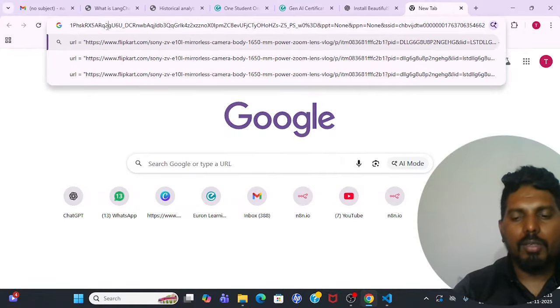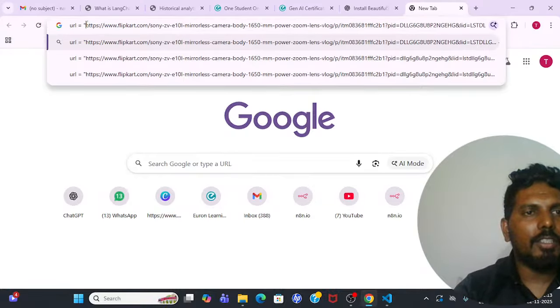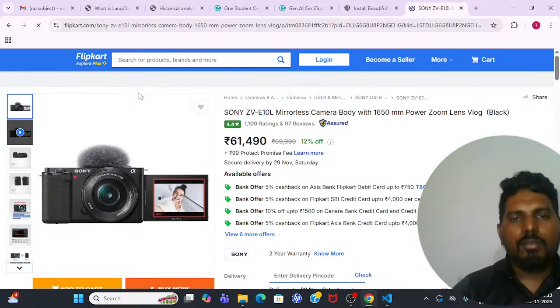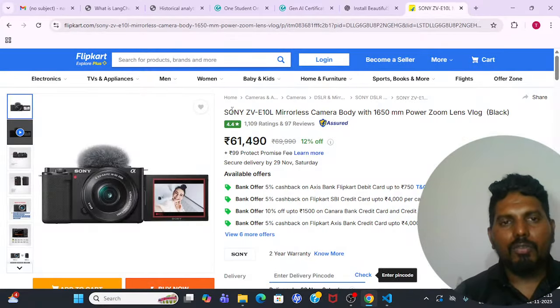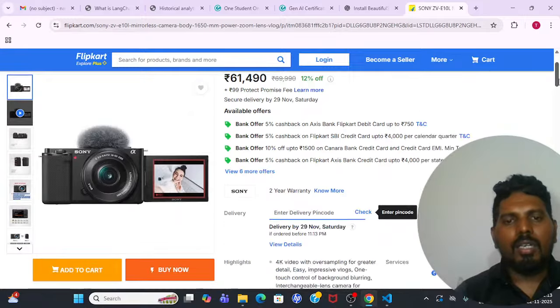Let me remove double quotes. Go to home. So we don't need this URL as well. Hit enter. So as we discussed, it is from Flipkart and Sony ZV mirrorless camera body. This is what we are talking about. And it missed